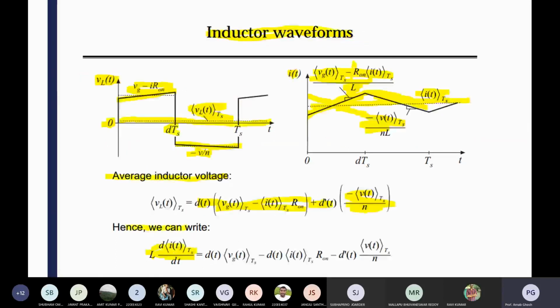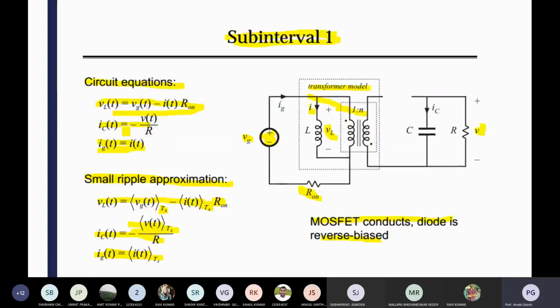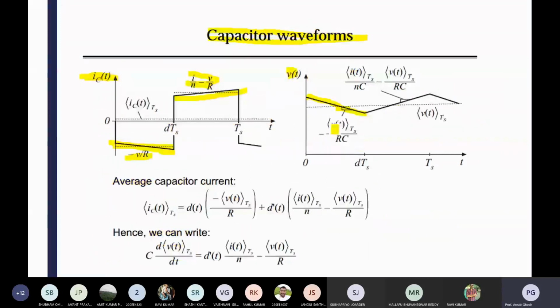So how does that expression come? The capacitor current is there, so you can write C dVc/dt. You have to find the slope. So dVc/dt equals minus Vt whole divided by R times C. On the left-hand side, C goes to the denominator of the right-hand side, so directly you get this: Vt averaged over the time period Ts and divided by RC. It is a minus value, so it is your slope down. Then again it will be slope up, in that manner. So finally you will get that expression from these equations.